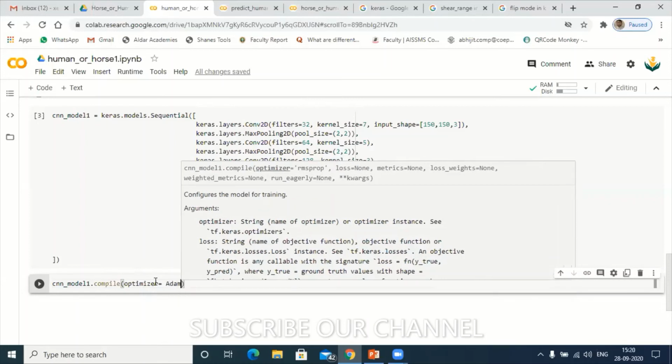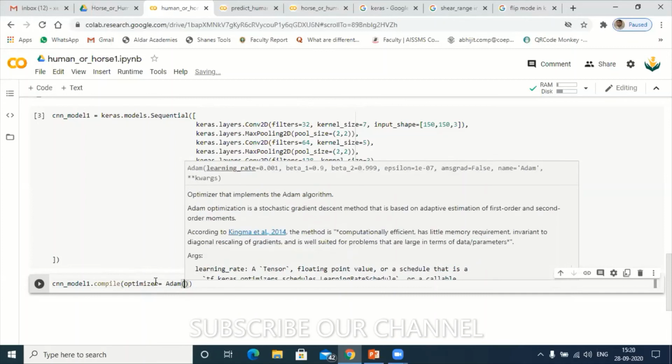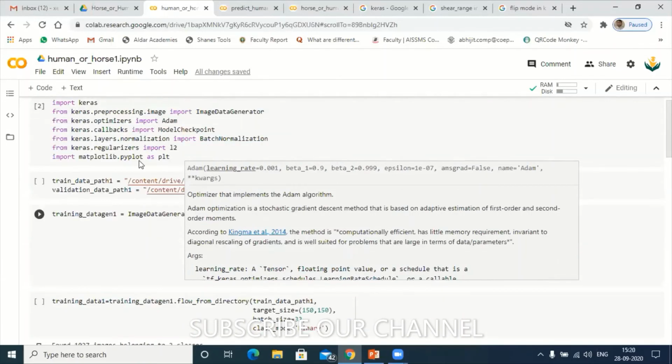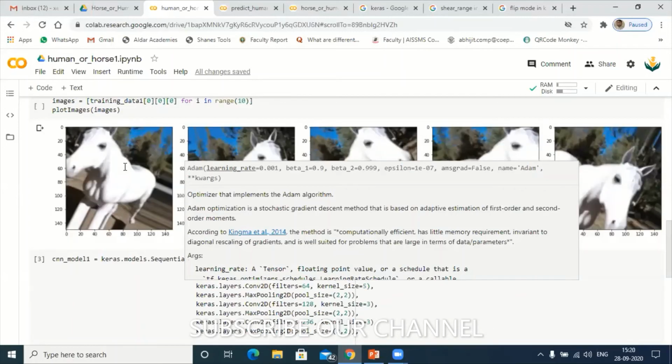Adam, give the value for your ReLU function. To give the value for the ReLU function, I have used these two libraries. At the start I explained that one, L2 and Adam. Have a look, where is the Adam? Yeah, this one and this one I want, to give the value for your ReLU function here.